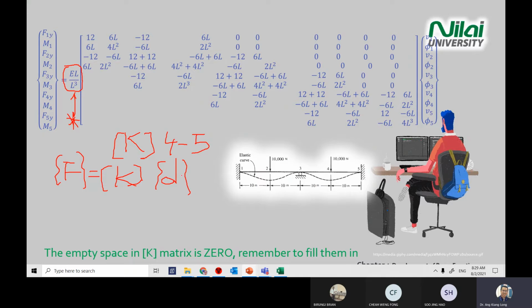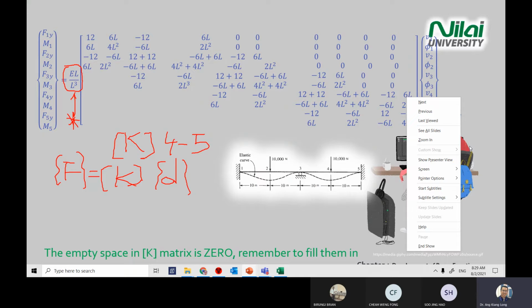And then you expand F equals KD like what you see on the screen here, the blue color matrix. So for F, you have F1Y, M1, and so on until point number 5. For D, also the same, from point 1 until point 5. After you build F equals KD,